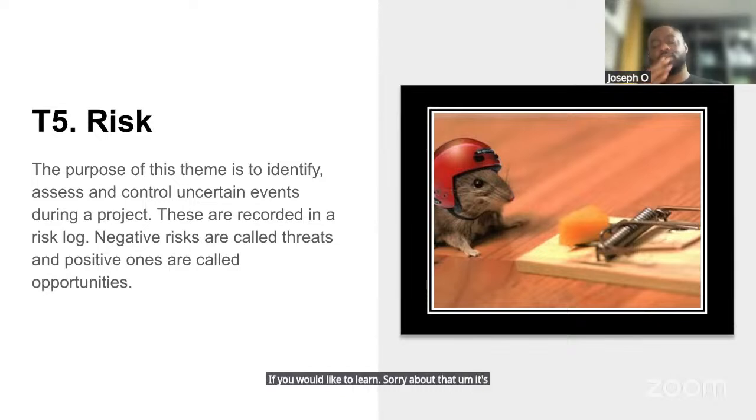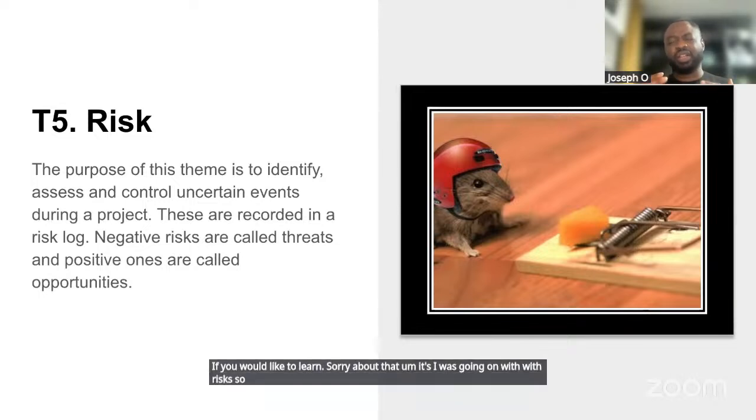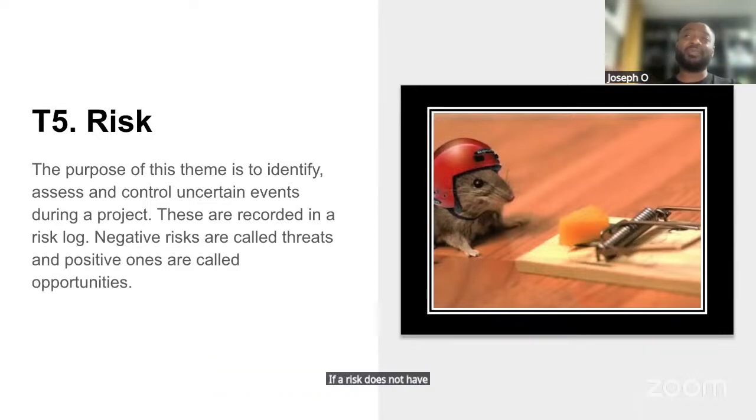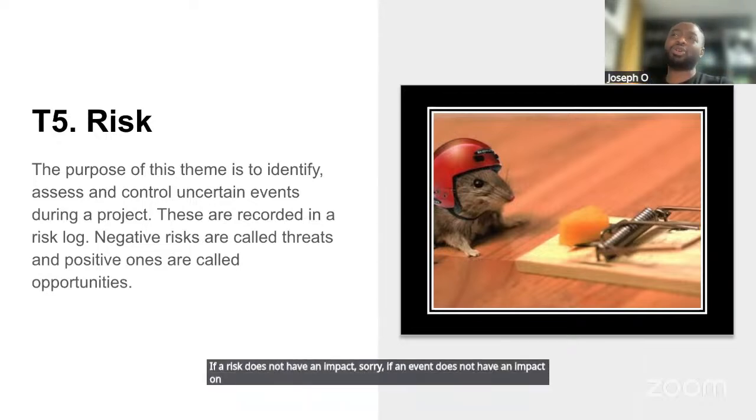I was going on with risks. So a risk has two major components: the fact that it's uncertain, and the fact that it has an impact on the project. If an event does not have an impact on the project, no matter how likely or unlikely it is, then it's not something you should be considering. And then if